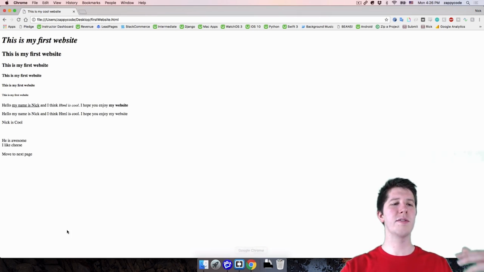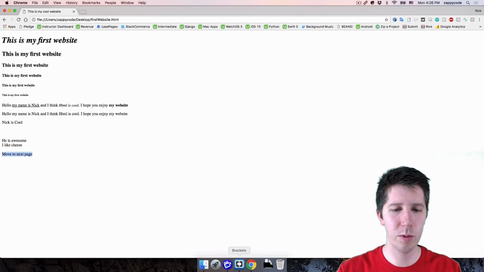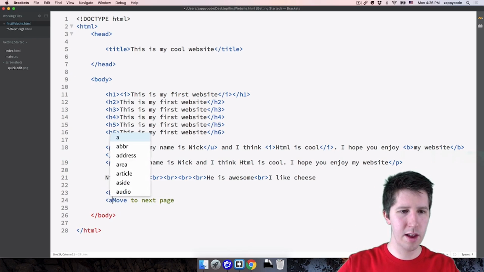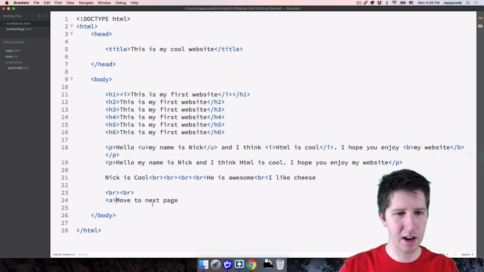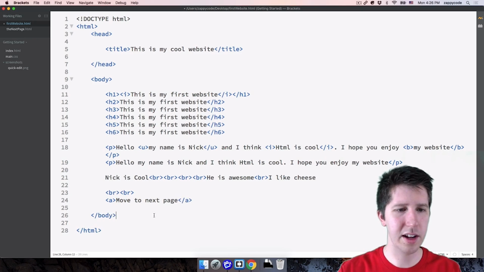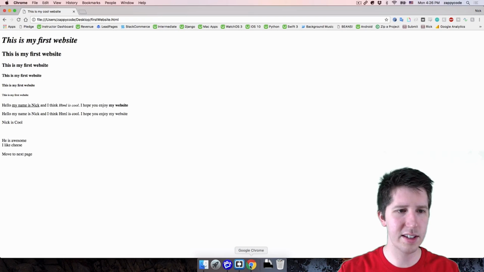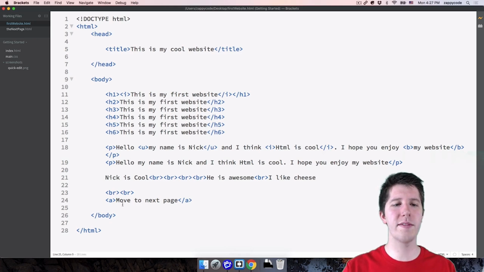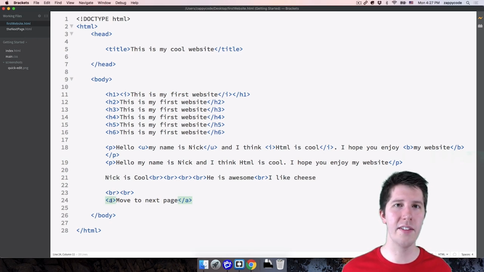So if we want to make it so that if someone clicks on move to next page, it actually goes to the next page, what we do is we put this text inside of an A tag. So I'm going to do my A right here. All right, that gives me the ending A tag. I'm going to go ahead and move that back like this. Now, just like this, if we go ahead and save this and see what it looks like, it doesn't do anything magical. You're like, well, this looks exactly like some text. And the reason for that is we have to specify in this A tag where we want it to go if somebody clicks on that.